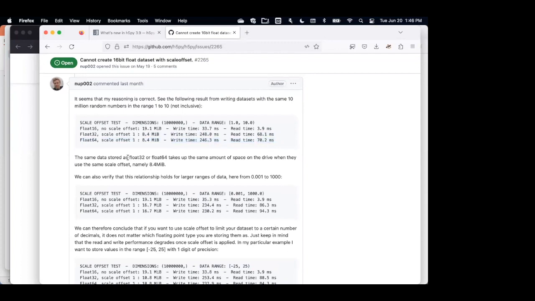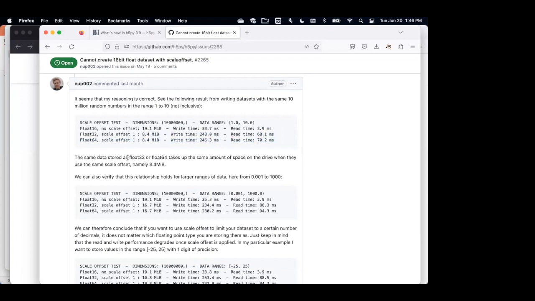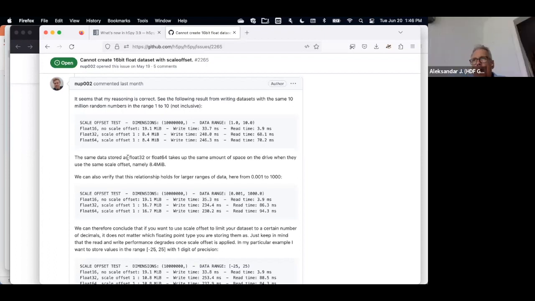The scale offset filter just wipes out the low order bits. So the idea is that you should combine it with a compressor. You apply a scale offset, you reduce the least significant bits, and then gzip or whatever can better compress the data. Yes, you're correct.